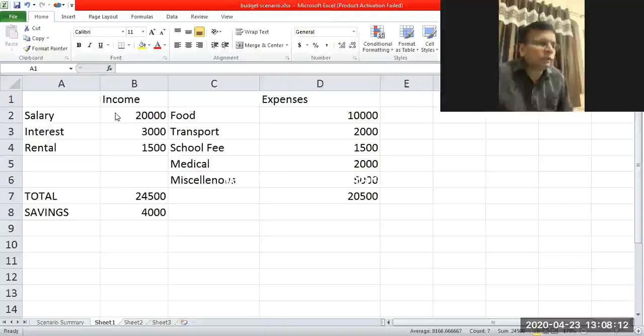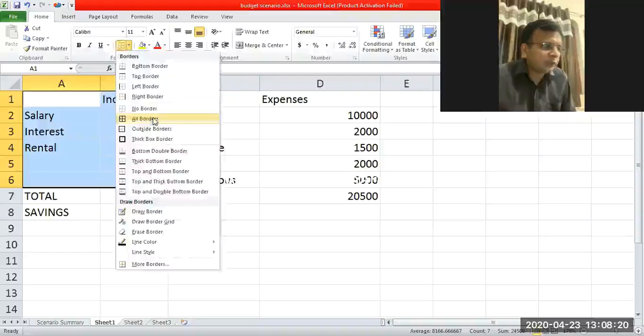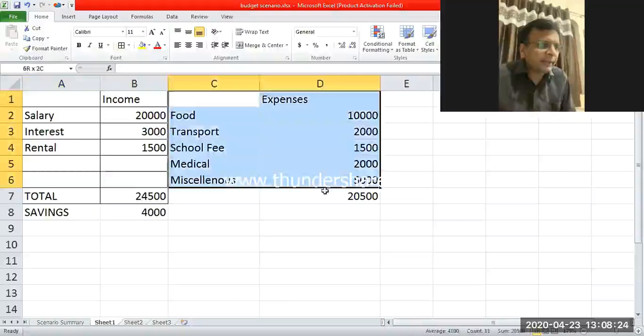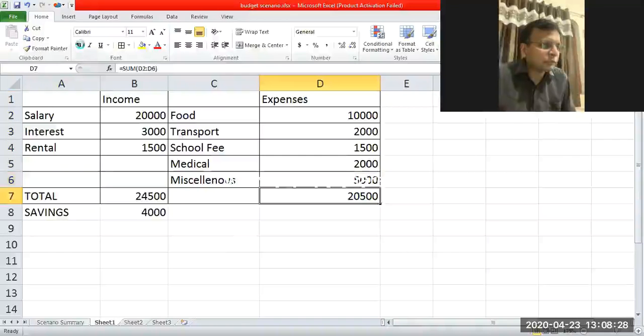The total of the income that we can see from this chart, the total of the income for this family is 24,500 rupees. On the right side, we are having the expenses side, which is having this value 20,500 rupees, right? So what is the saving?